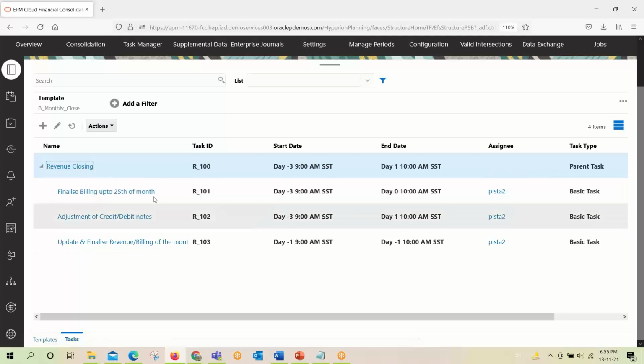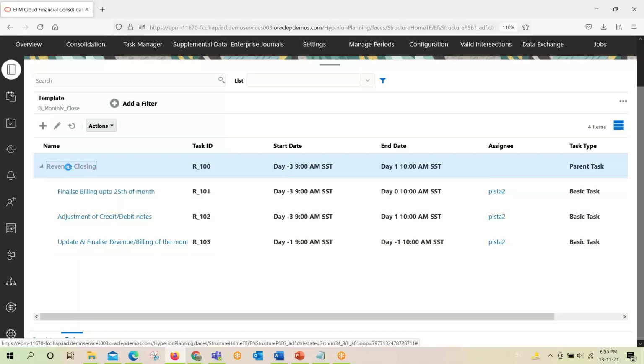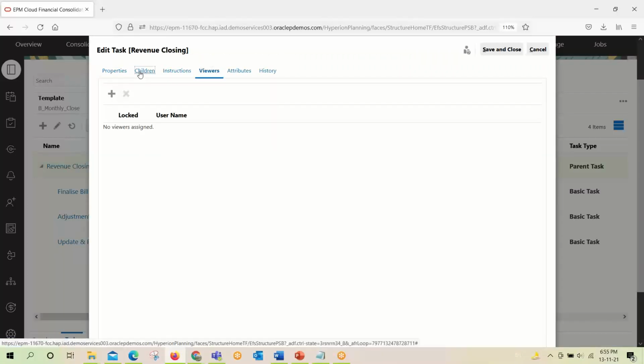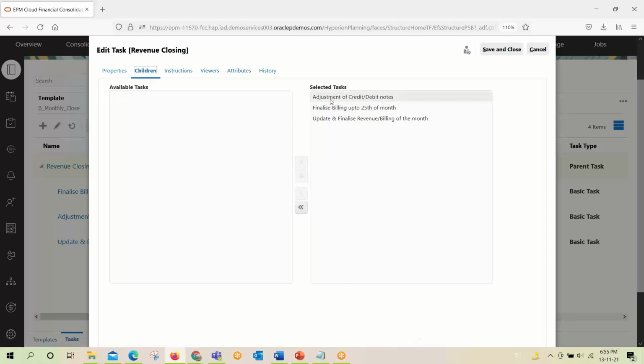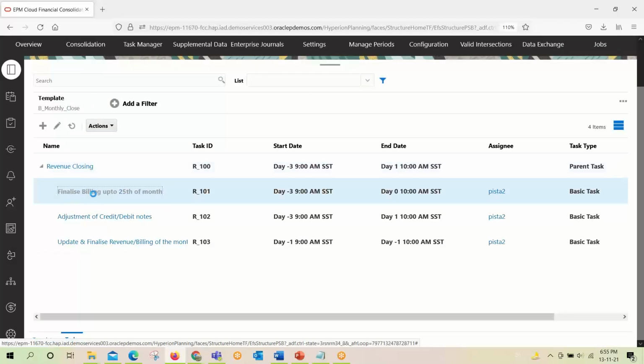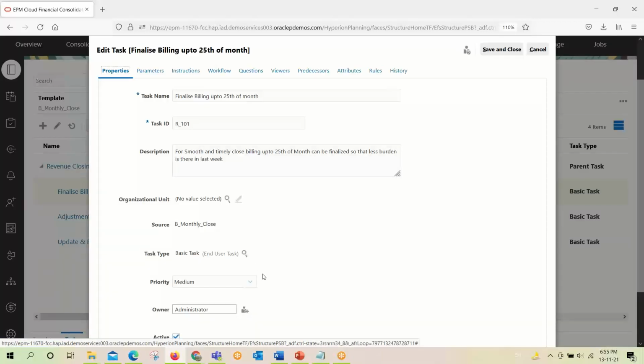So this is the parent task under which I have created the different tasks which we need to perform. The first task is finalize billing up to 25th of the month.